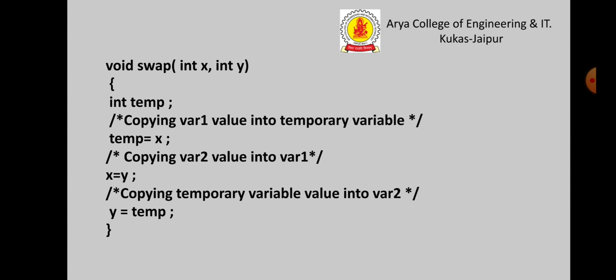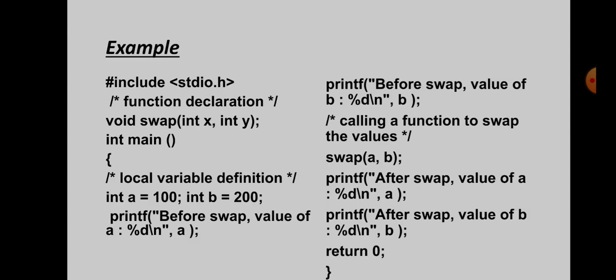So x is equal to a, that is 100, y is equal to b, that is 200, and then here is a local variable temp. temp is equal to x, x is equal to y, y is equal to temp. The logic is applied. Here the values are swapped,